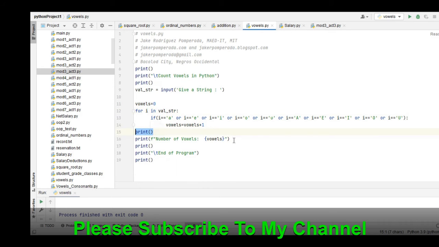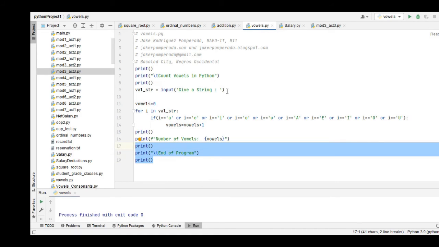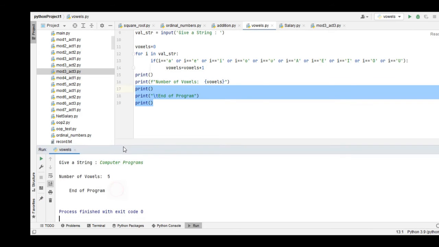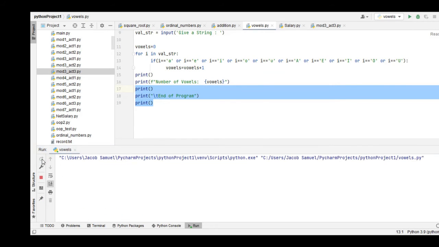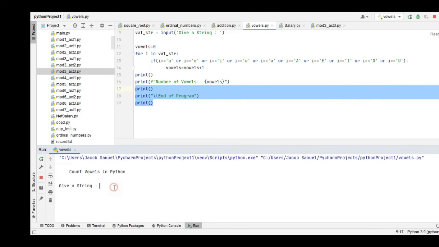So new line here, count number of vowels in this portion to display {vowels}, and then end of program. Okay, so let us execute our program. So it's running right now. Count vowels in Python, give a string,